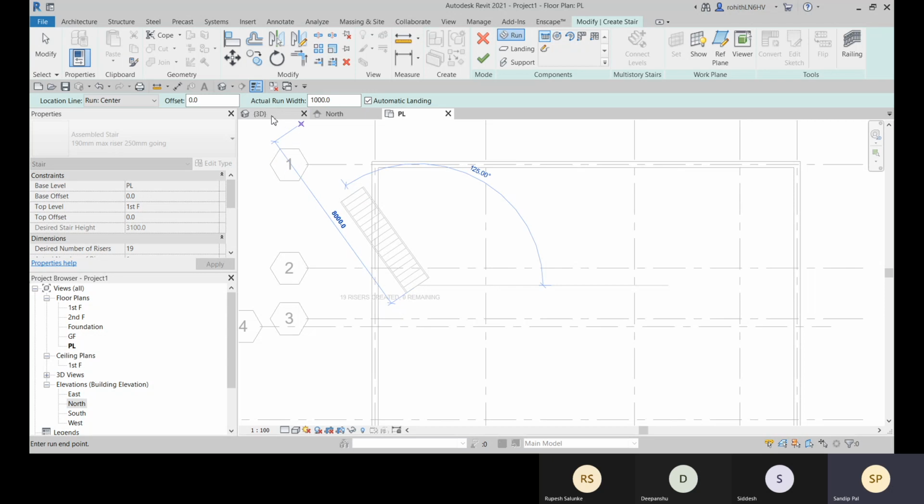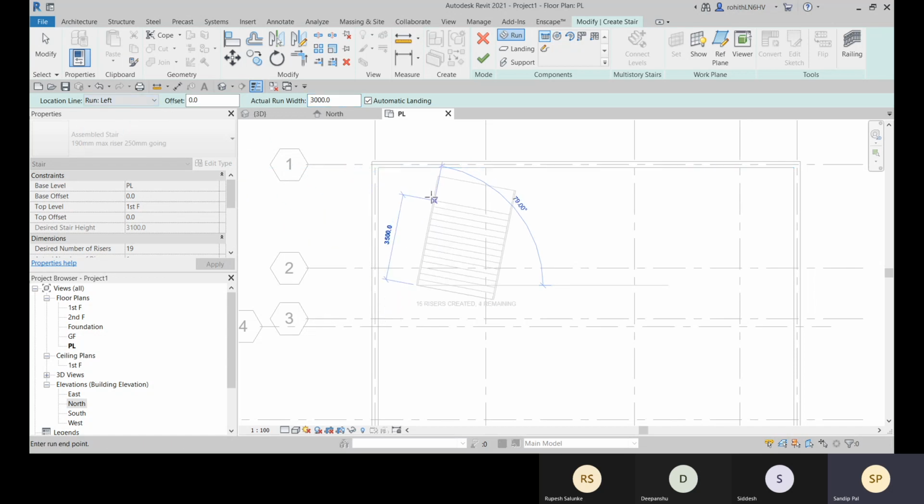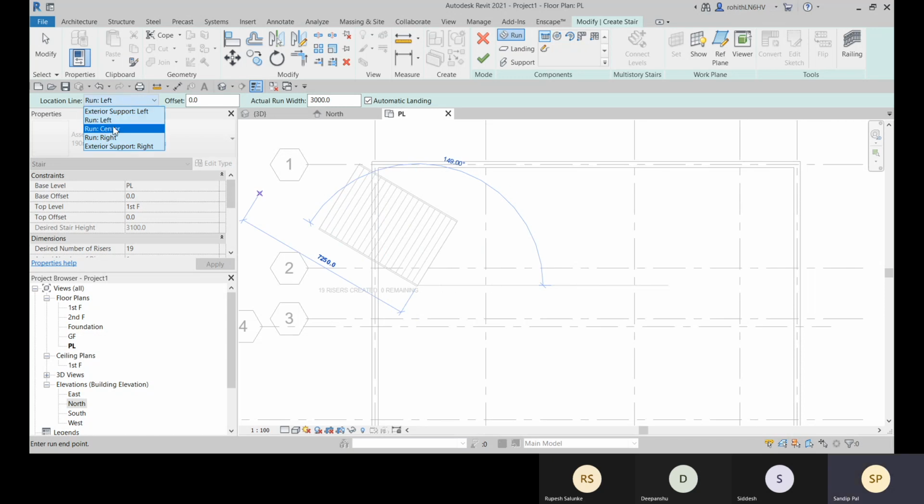And here you can see that this is the actual run width, and here you can apply some changes, like 3000 will be the width, and now you can see that it is increased. You can make adjustments, like this is the run left. So you can see right now that this location is the left of your stair or the run.